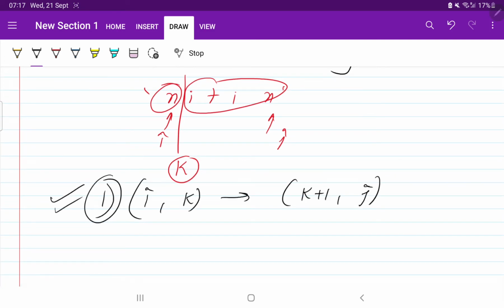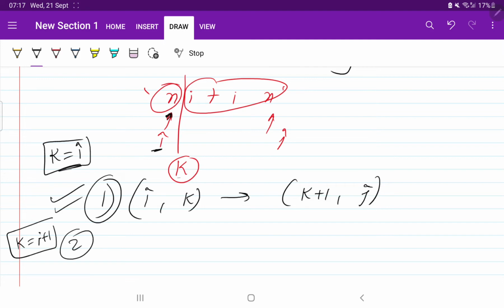Okay, suppose instead of doing like this, if you are going to do the partition here, so i was here, in this case k will be equal to i, because this is the first term, and after that we are doing the partition. So here the case is k is equal to i. In this situation these partitions are possible. What can be the other case? Suppose if I take k is equal to i plus 1.